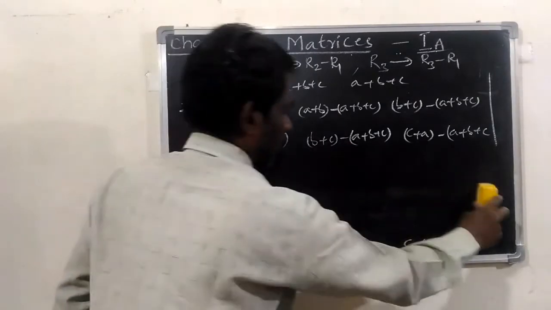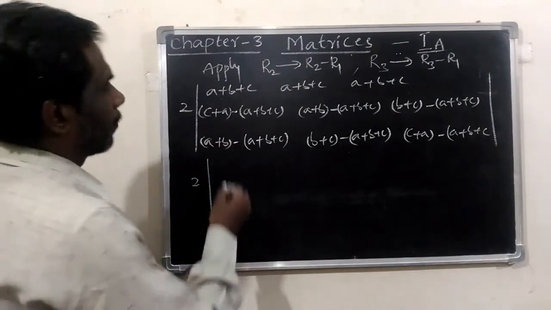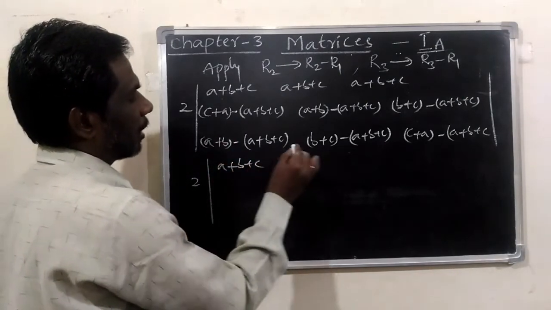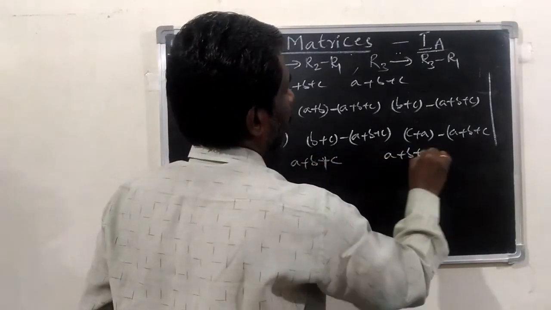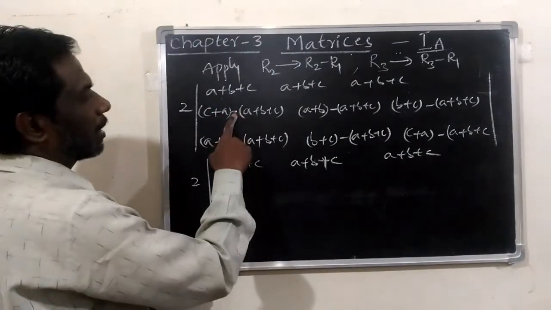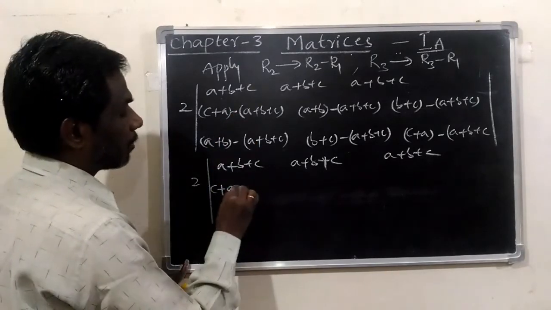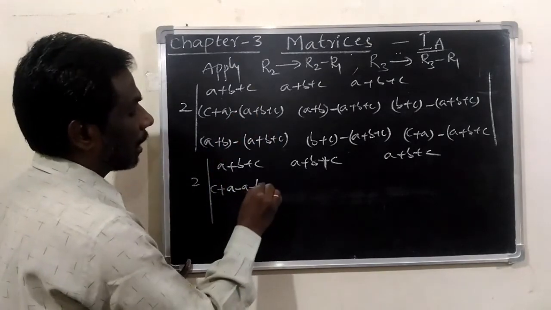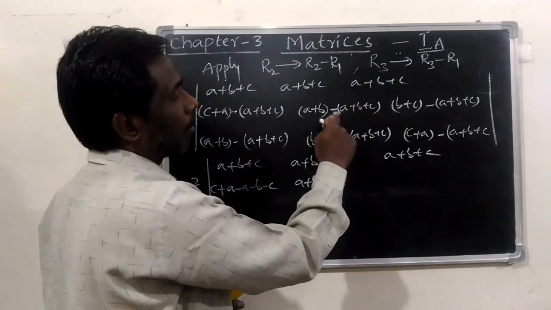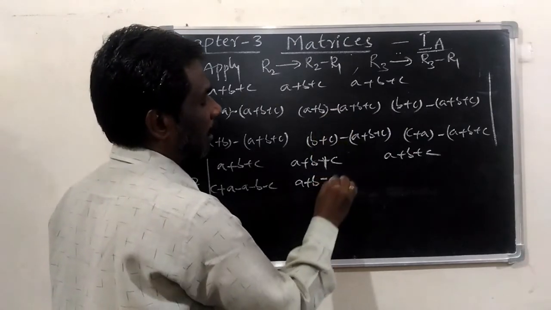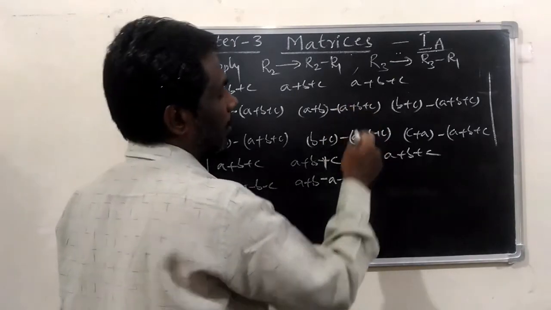So after this we can write it now: 2 mod of (A plus B plus C), (A plus B plus C), and (A plus B plus C). So I am opening this bracket. So what will it be now? C plus A minus into plus minus A, and it is minus B and minus C. And here A plus B, and open the bracket now with minus into A, minus B and minus C. Minus A, minus into plus is minus B, and minus into plus is minus C.